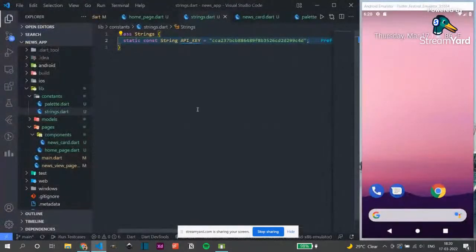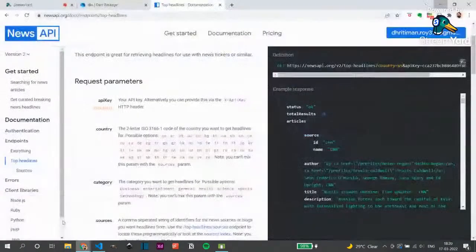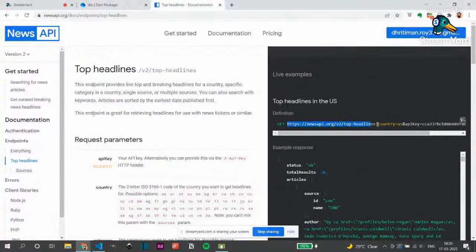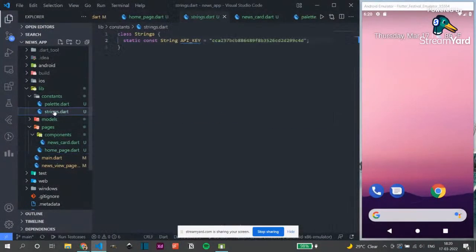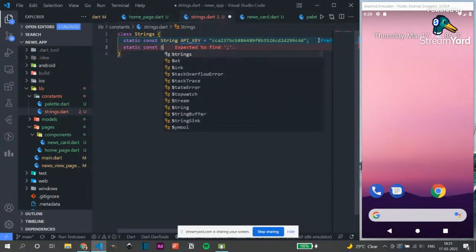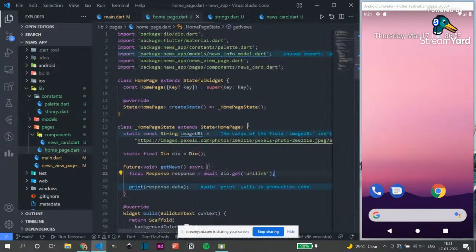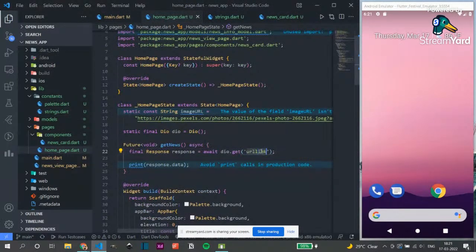So let's set up our function. In this, we copied our URL link. We'll be storing it inside the strings file. And inside this get function,